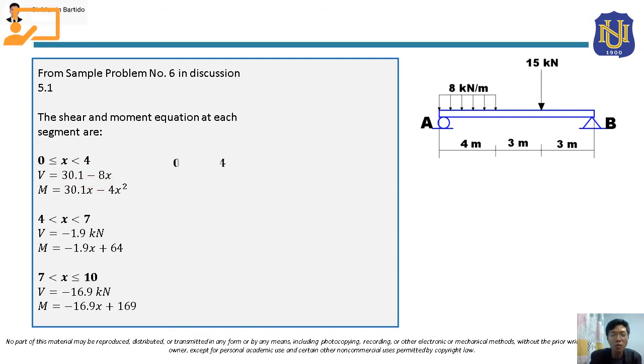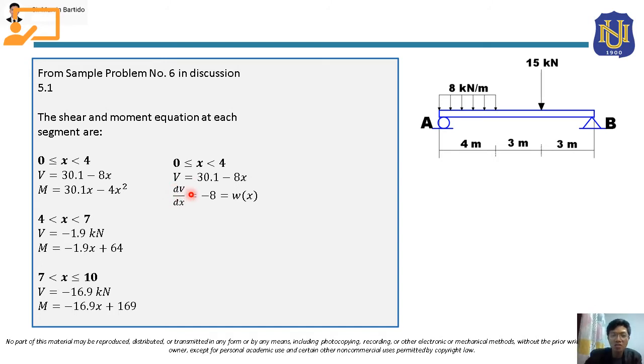Okay, so if we are going to get the derivative of this shear equation, the result must be the intensity of the loading in this segment, which is 8. But in this case, the loading here, class, is downward, so it should be negative 8. So if you are going to get the derivative of this shear equation V with respect to x, so this will be